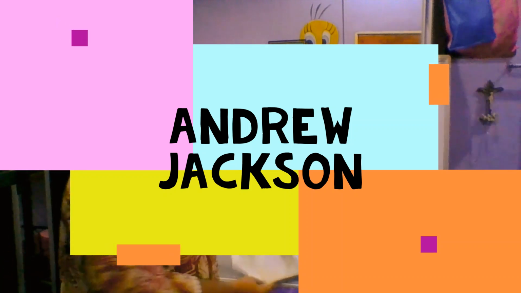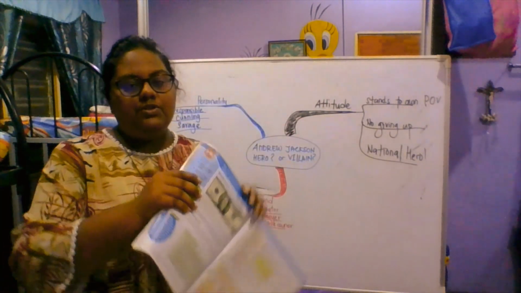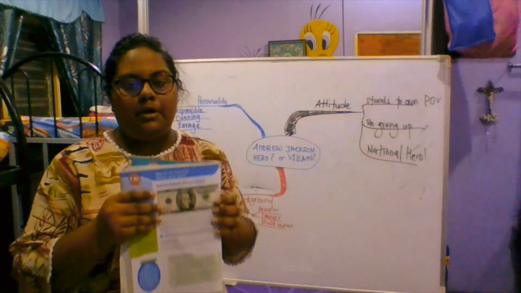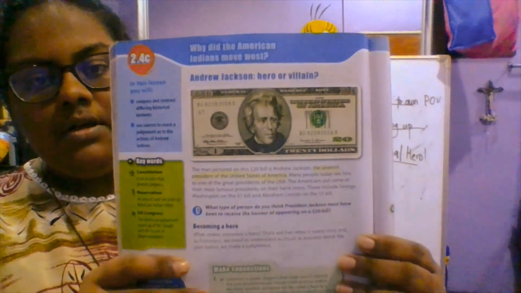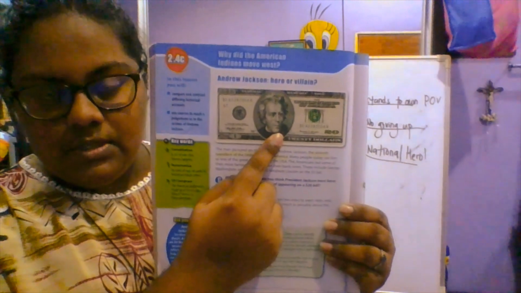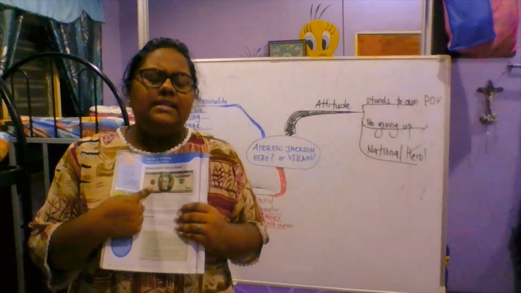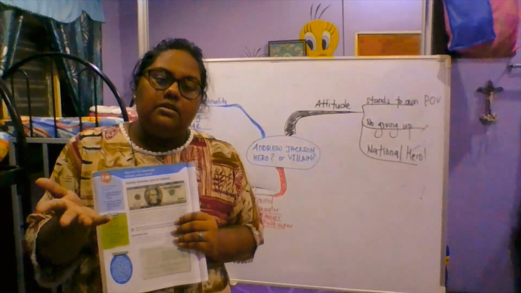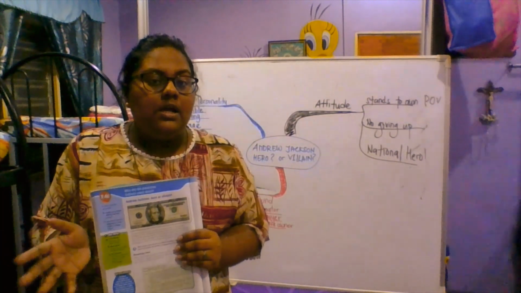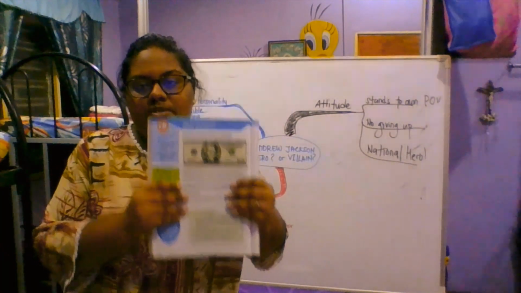If you have your book in hand, look at page 90. Do you see a note? This is a note, their currency. The reason why these faces appear on the note is because they are either a hero or they have done something, contributed something really remarkable and important for the country. That is why their faces are on the note.